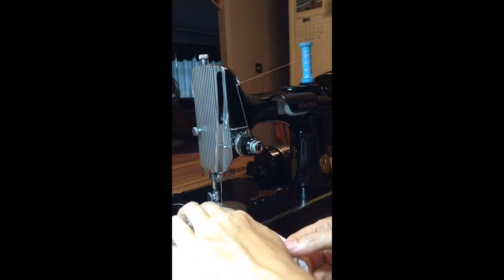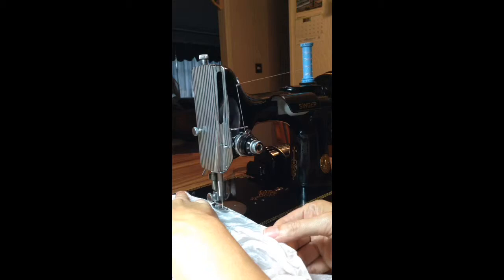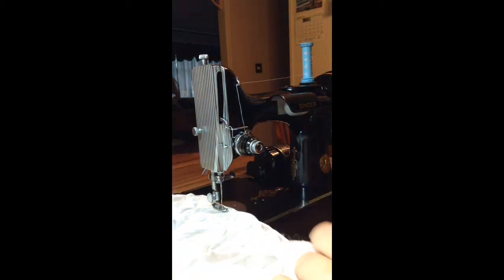Okay, so I've set up my machine with the thread, I put in the bobbin, I set my stitch at the very beginning, and I'm going to go ahead and run my silk through. I'm at a stitch length of about 12, and this is working very nicely with that sort of setting. What I will do next is